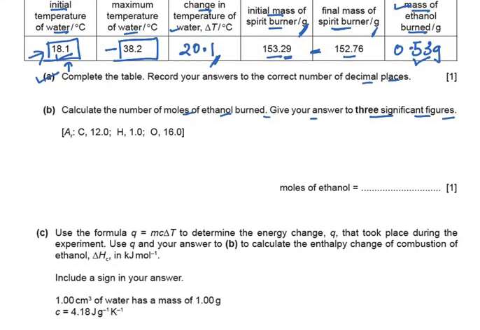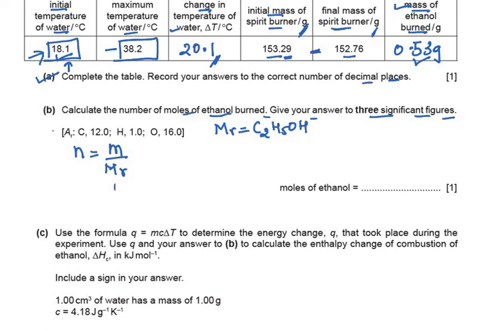So let's calculate the moles of ethanol. To calculate the moles of ethanol, the formula used is n equals m upon Mr. Mr is the molecular mass of ethanol. So we need to first calculate the molecular mass of ethanol. So let's first calculate that for